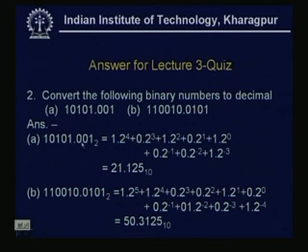Similarly, 0 into 2 to the power 3 plus 1 into 2 square, 0 into 2 to the power 1, 1 into 2 to the power 0, and the non-integer part 0 into 2 to the power minus 1, 0 into 2 to the power minus 2, 1 into 2 to the